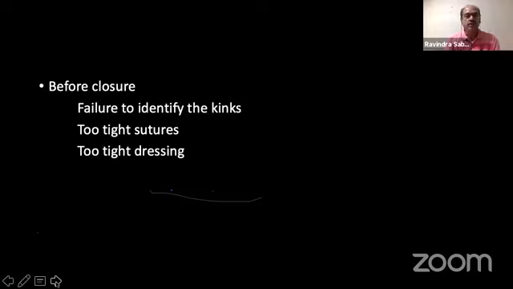Then too tight skin closure or subcutaneous closure is going to cause problems. Don't do too much of a tight, multiple-layer closure. It is not required. What you need is just a simple closure without any tension. So the deep anastomosis should not be under too much pressure, especially if there is not much space. Then the too tight dressing in the post-operative period: don't give too tight a dressing. If you do, you are actually occluding the veins, because veins are not arterialized immediately. Too much pressure can cause failure, and that can be a reason of failure.